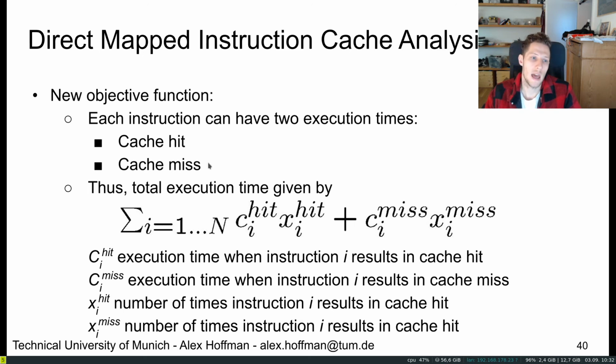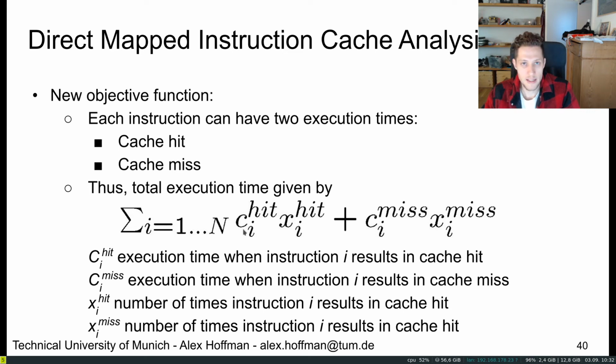But now we're going to split this up in a more fine-grained way. We're looking at cache, so we know that every time we execute a basic block, we can either have a hit or a miss. So we have two possibilities for each basic block's execution, with two separate execution times. Therefore, we can split our previous objective function into the cumulative sum, or the sum over each basic block,